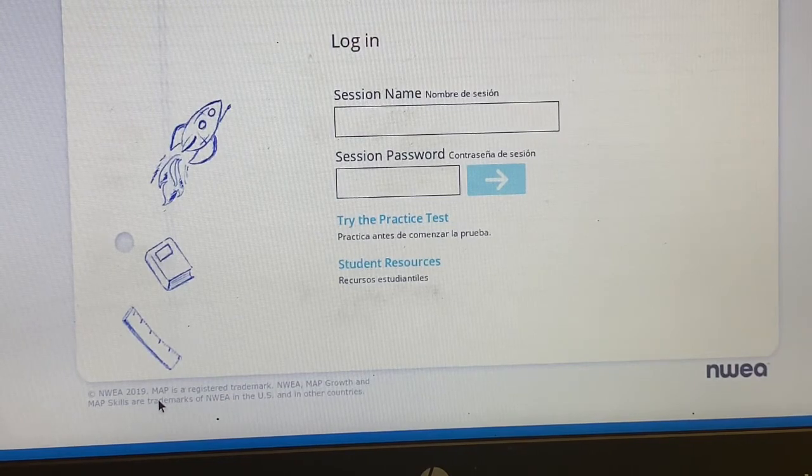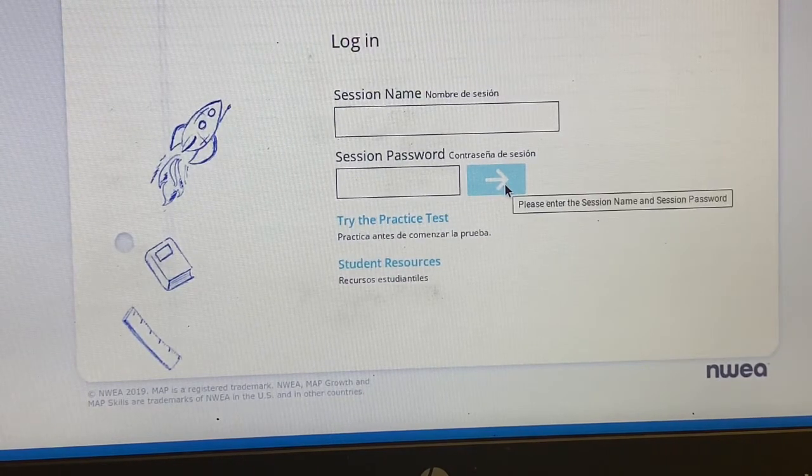All right, this is your login page. It's going to ask you for your session name and your session password. Those will be mailed to you by the Anderson Intermediate Data Coach on Monday. So you should see those in your mailbox first thing on Monday morning. So you'll need to make sure you have those readily available, written down, so that you can type them in. So first thing you'll do is you'll go to this section, you'll type in your session name, then you will type in the session password that is given to you. When you click this little blue bar,